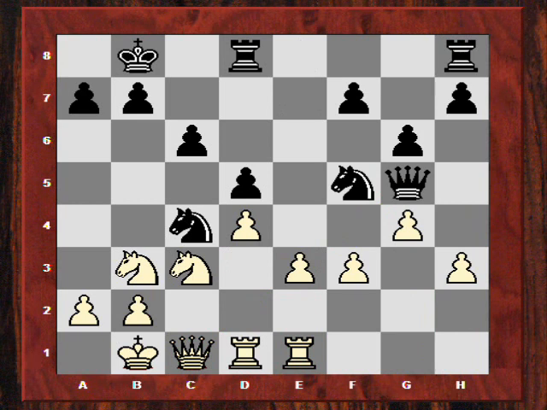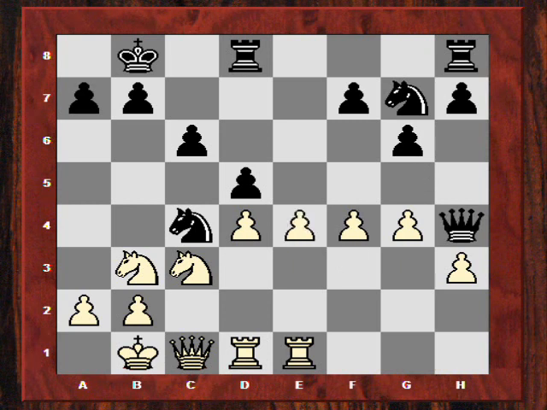Black played knight g7, and this allowed Carlsen to start attacking now on the queenside, and this beautiful queen on c1 was really proved to be a great attacking piece from there. So f4, queen h4, and now e4. So Carlsen stretching out in the centre, and after queen takes h3,